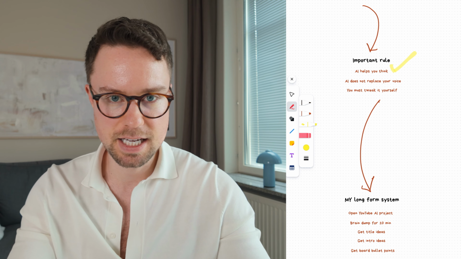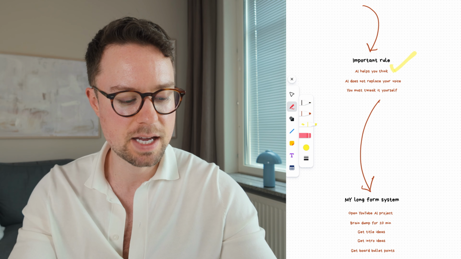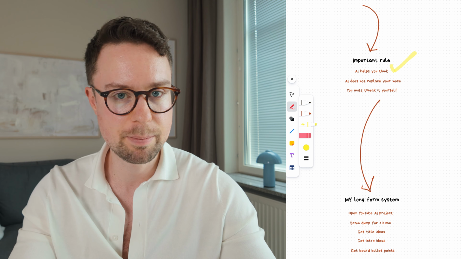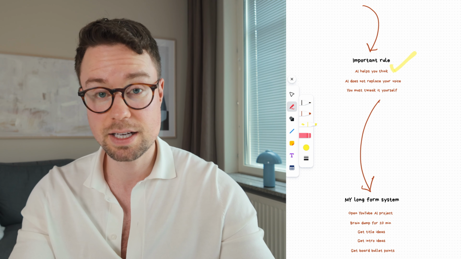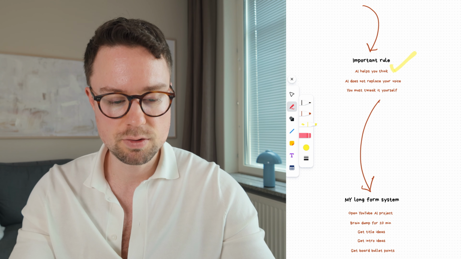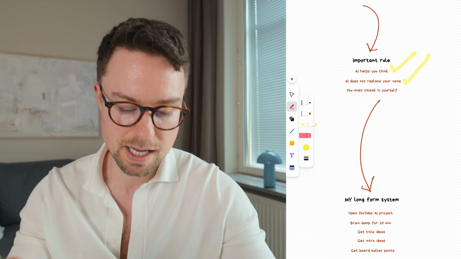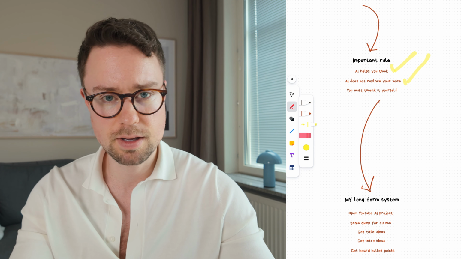Of course, I'm not an AI expert, but I believe that the thing that really makes humans so truly amazing is our ability to create relationships with people, and also to be very creative. I do believe that the human mind is absolutely amazing when it comes to creativity, and we can more easily understand what's relatable to other people. Meaning that you should use AI in a way where it helps you think,